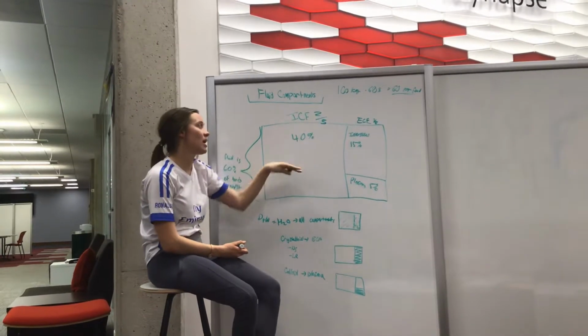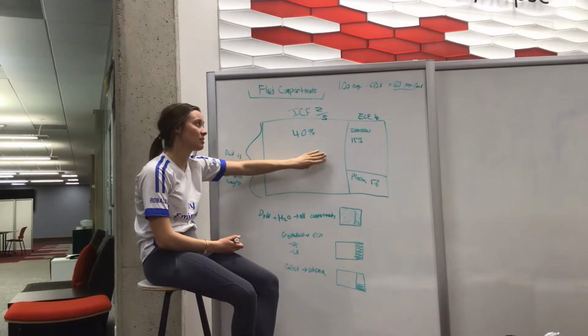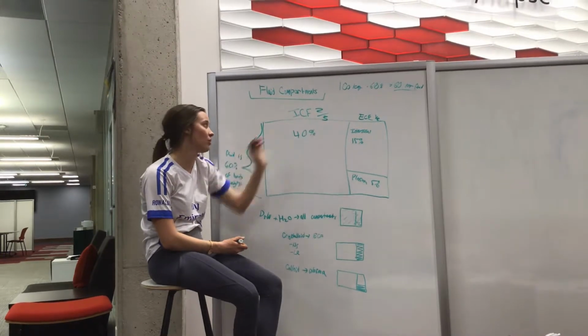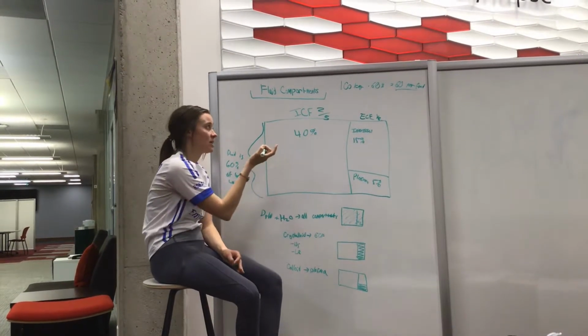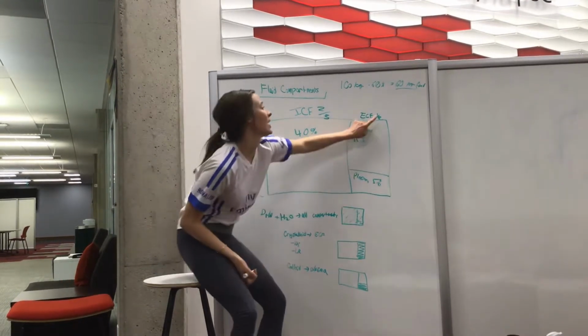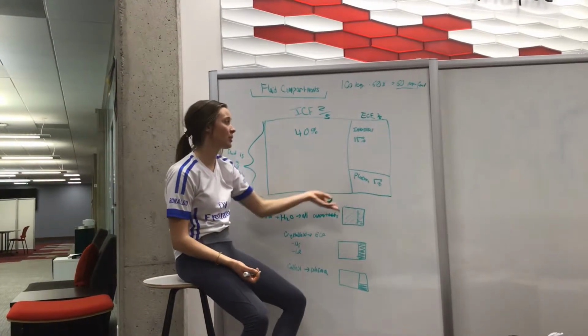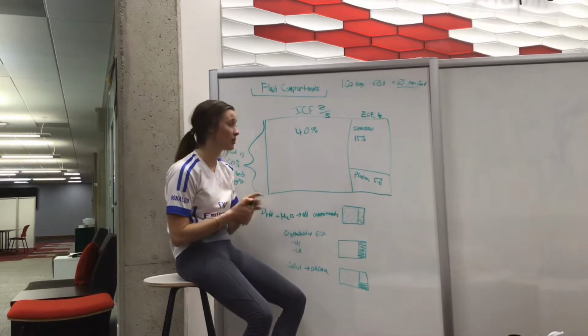It's really good to draw this box just so you can remember that intracellular is the majority and extracellular is a smaller portion. So ICF is 2/3, which is also 40%, 2/3 is 60%. And then ECF is 1/3, which is 20%. And then the ECF can be further divided into